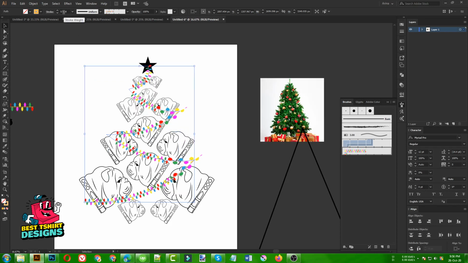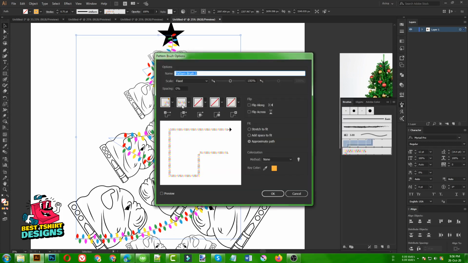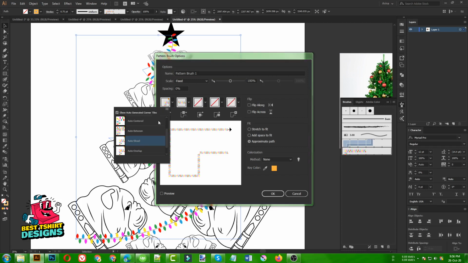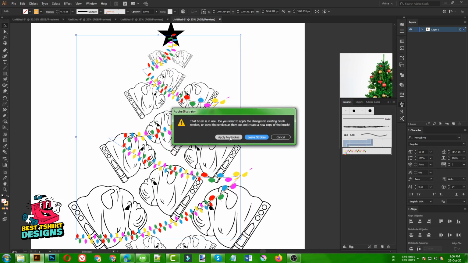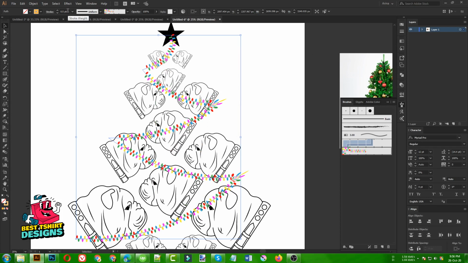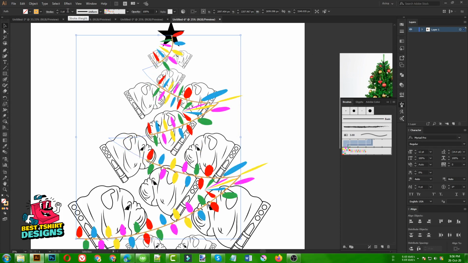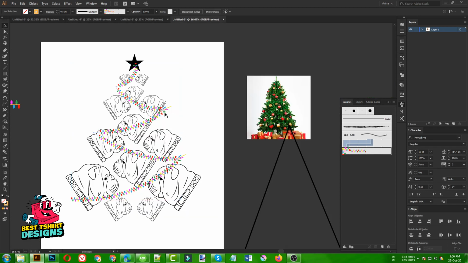Okay, that problem is happening again, so I can still make it smaller like this, so it will look like that lightning effect, but maybe we had some problem in our pattern brush. So let's see what happens here. Okay, so I need to fix this corner area. It should be like this corner. Then if I press OK, apply to strokes, it will be fixed like that. Maybe a bit smaller in size or a bit bigger. Okay, that is too much of a hard corner there, so that is the problem. It is happening like that.